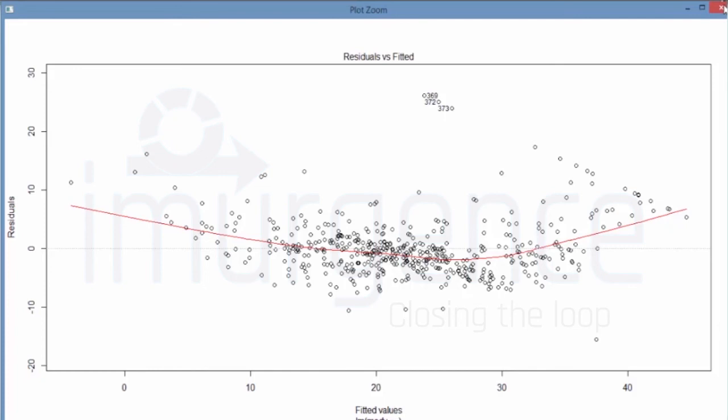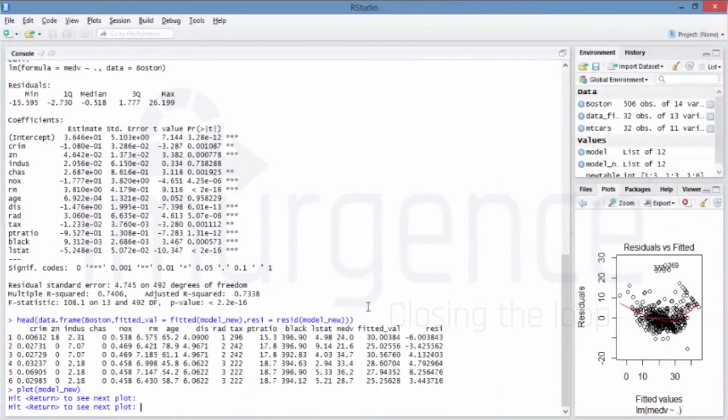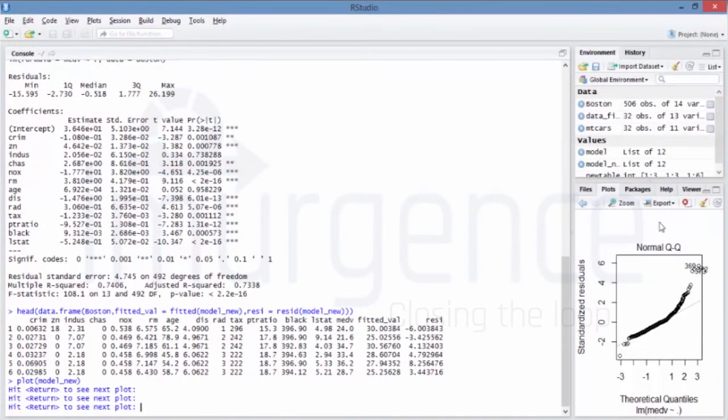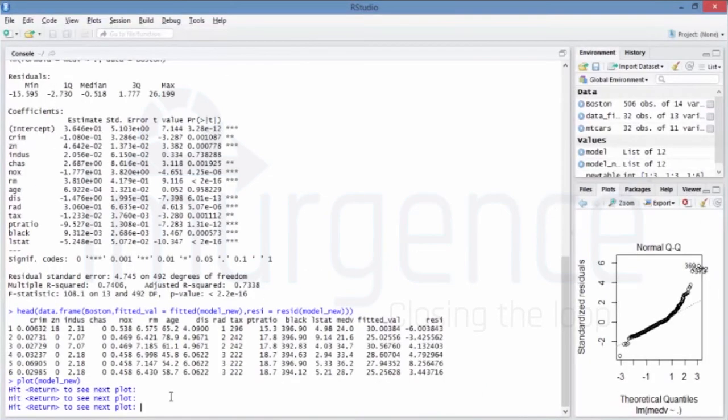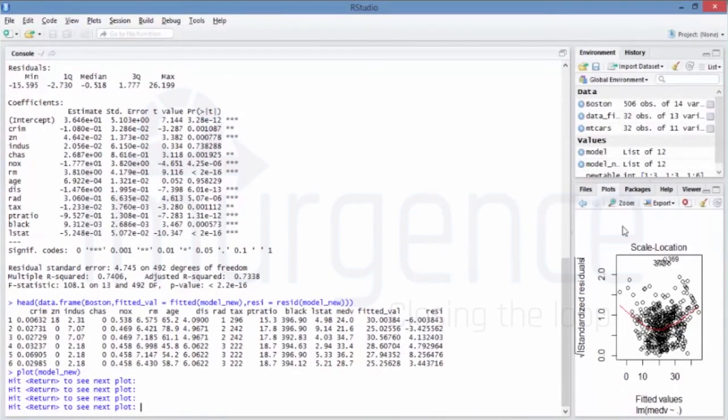And similarly, I'm just going to close this one and shift to the next plot. So you have the normal QQ plot. Now this is nothing but the same quantile plot, but it's done by normalizing the data so that it becomes more relevant. And obviously what you can see on my screen right now is that this is very good normally distributed data. So it makes sense for us to use this data to build the model and use it for predictions.